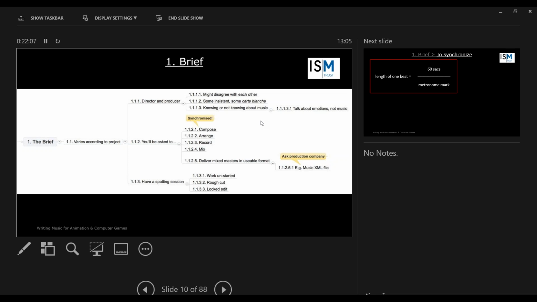and not perhaps appreciate that others don't always understand what we mean when we talk about tritones and octaves and false relations in harmony and that sort of thing. So it's a good idea generally not to talk about music when you're liaising with directors and producers, and talk more about emotions and encourage them to talk about what sort of feeling they would like an audience to feel